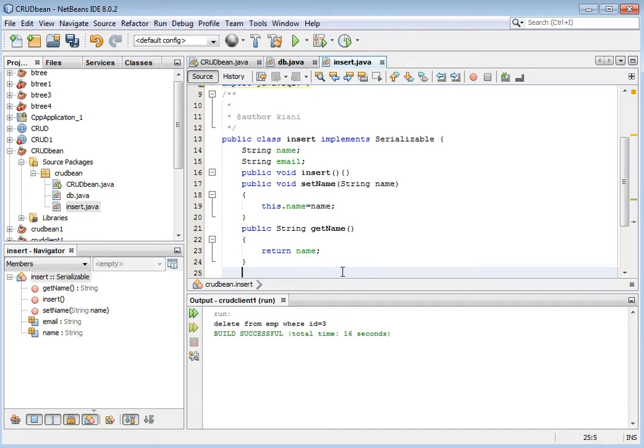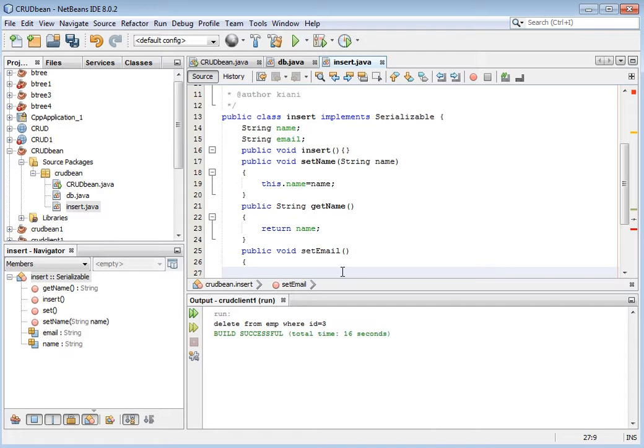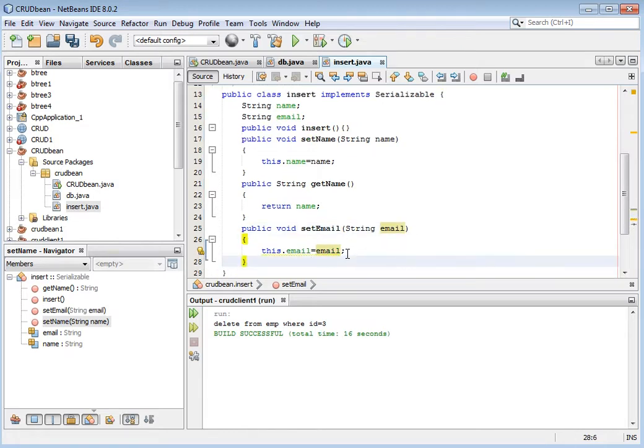We must have get and set methods for the email. So public void setEmail, where the E is capital, and this.email is equal to email, and we provide the email as String email.